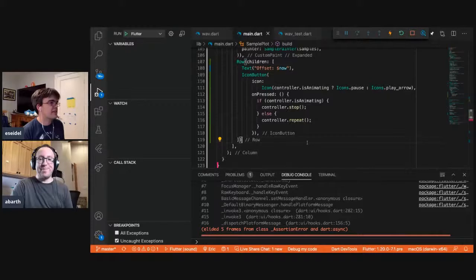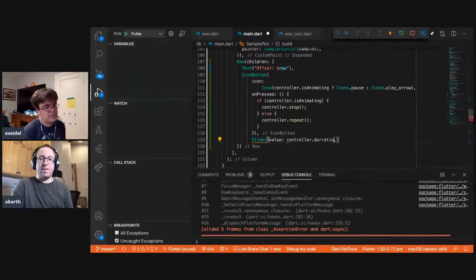So yes, in our amazing row of rowishness, we're going to add a slider, and I think we decided value. It filled them in last time. Maybe the analyzer was less upset at me. Value, and that's going to be controller.value.